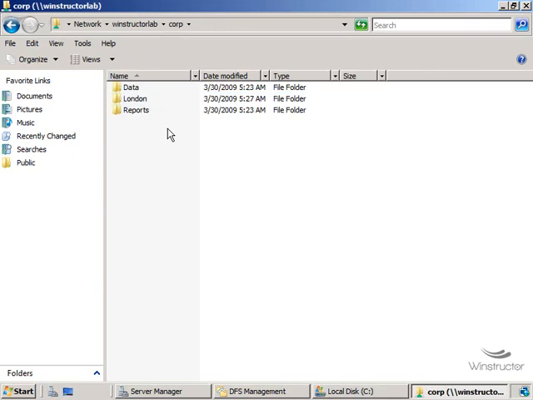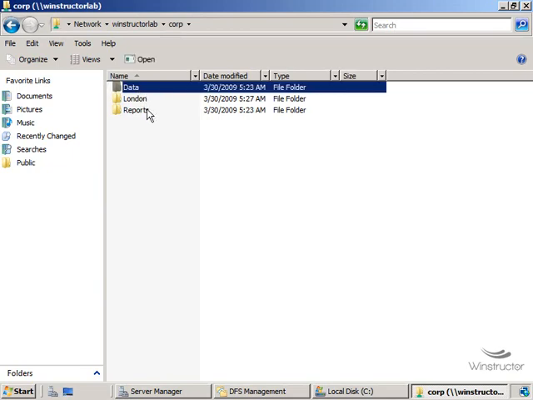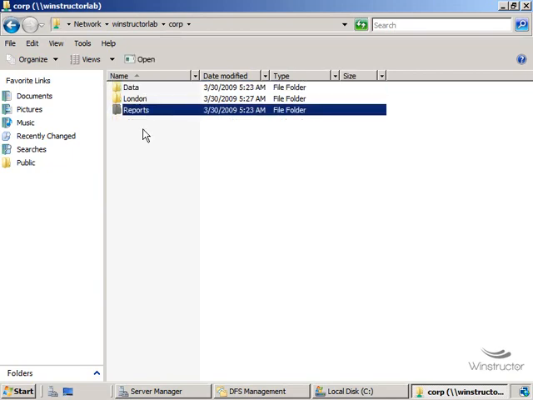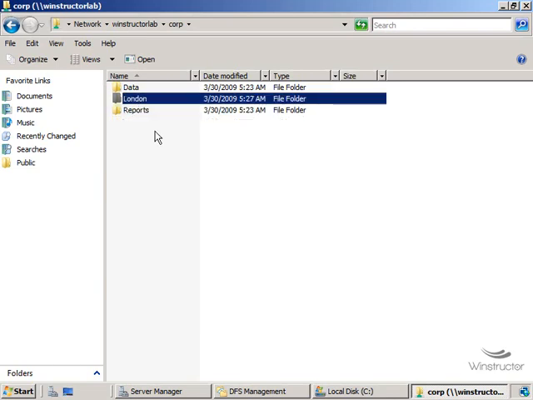Now let's assume for the sake of the argument that we're located in New York, and that's where the data and the report shares are also located. Now this means that since the actual shares are located locally to us, they should be pretty quick to access the data inside, as we're using local LAN speeds to access these two folders. But since the London share is located in, well, London I guess, we'll be using slower WAN links to access the data inside this shared folder, which of course makes it slower for us,